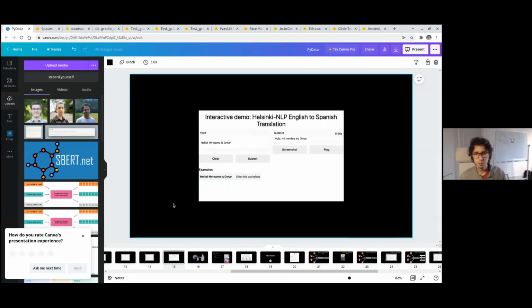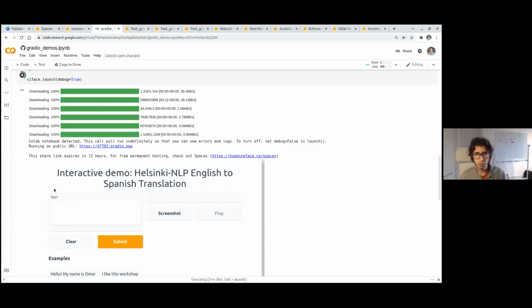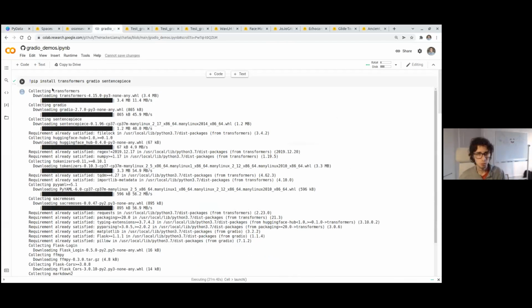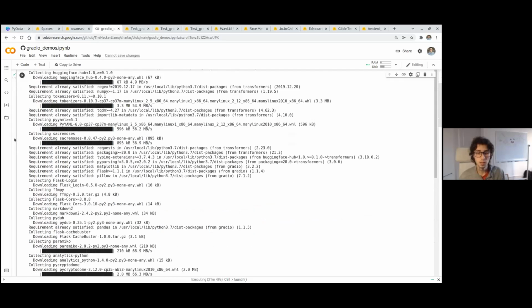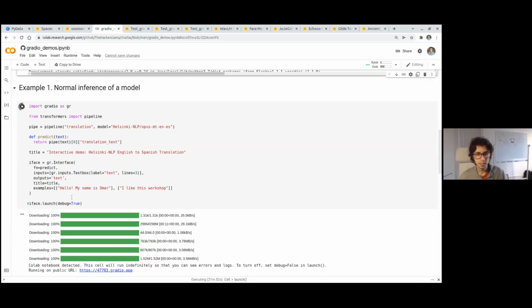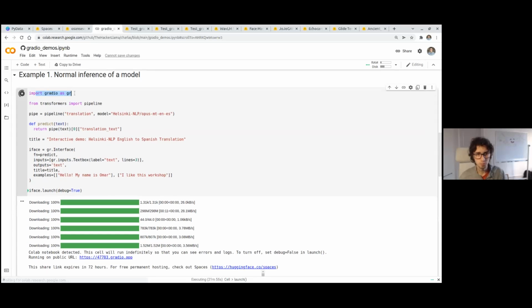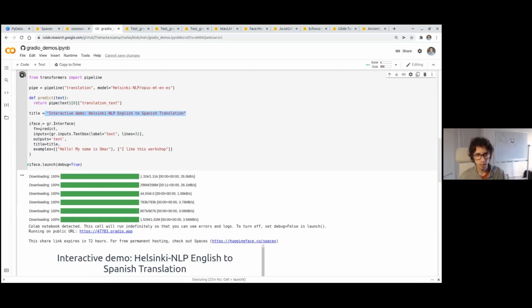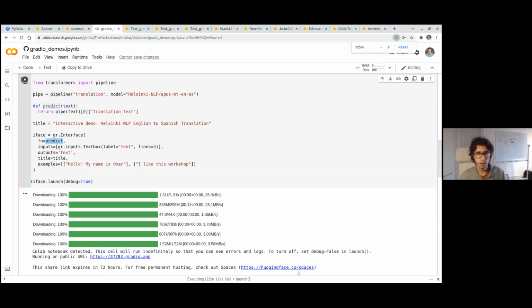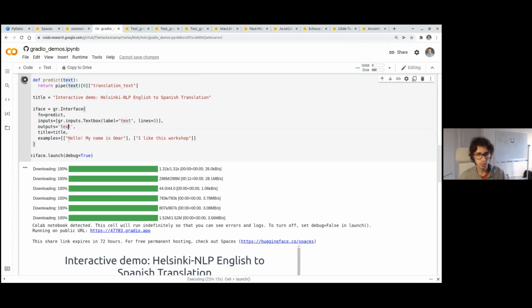So maybe you're wondering, okay, how do I run this? And this actually works in Colab. So this is a Colab notebook. At the top, I'm pretty much just installing Transformers, Gradio, and SentencePiece, which are the libraries that I'm using right now. And this code here is exactly the same as the one I just showed you. So I'm importing Gradio, Transformers, the pipeline. I have the prediction function that takes an input, which is the text, and has some processing for the output. I have a title, and again, a prediction function, an input, an output, and pretty much that's it, right?